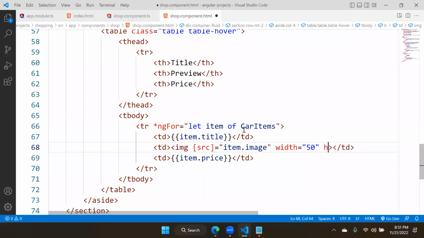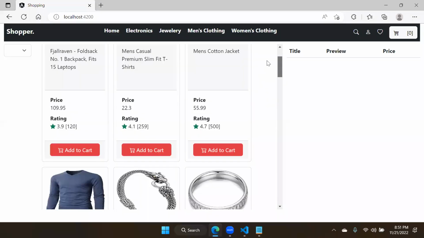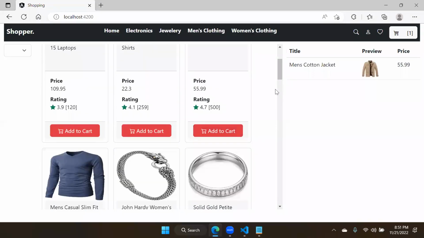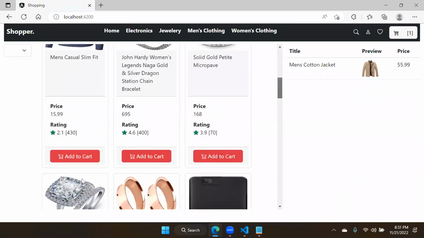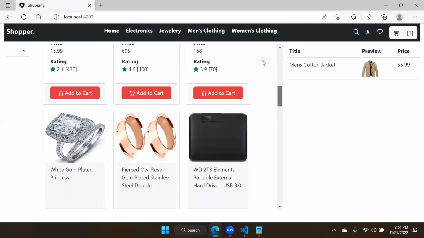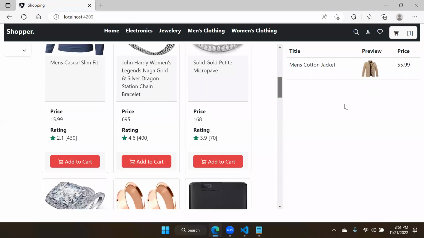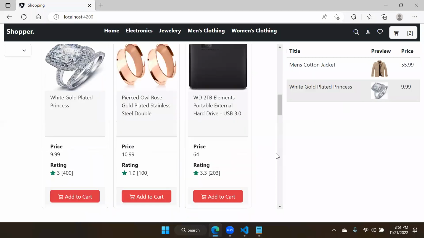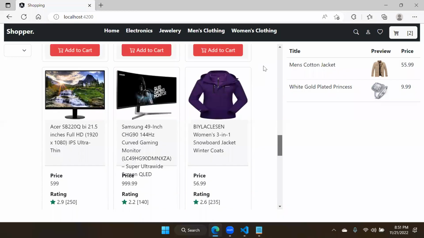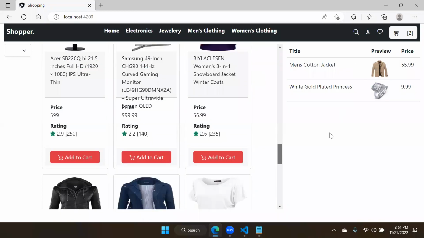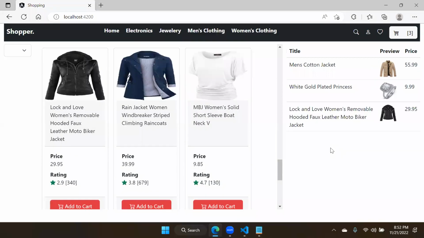Now that item will be displayed here. I am adding cotton jacket, add, it is added. I am adding some other gold print, okay, that is also added. So whatever items you are adding in the cart, those items will be displayed there. You can see they are displayed there. We can toggle the display. That means we don't want to show it every time, we want to display it only when needed. So here in the table